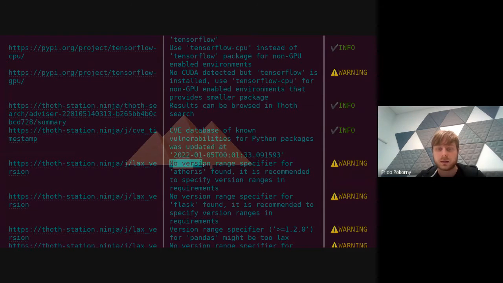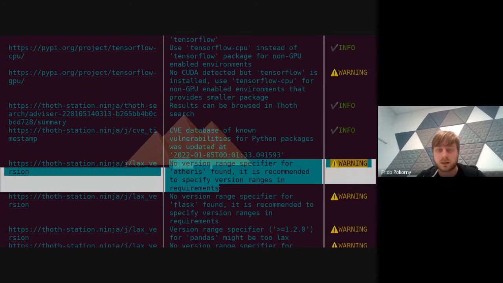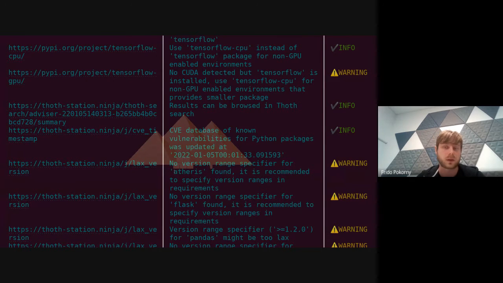So here you see that the recommendation engine is warning us that we don't use any version range specifier with package Attrs. That means that we did not explicitly state which versions of Attrs are compatible with our application, and with new releases, new versions of Attrs can go into the stack based on the resolution. So this is eventually a risk for future